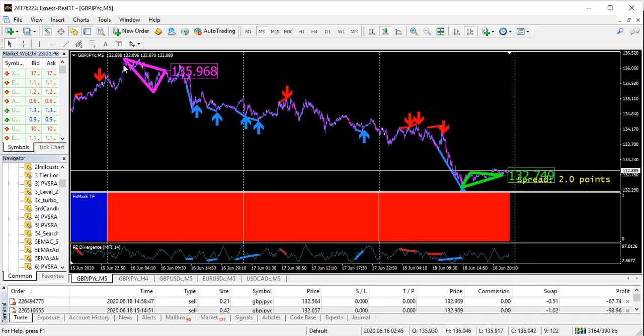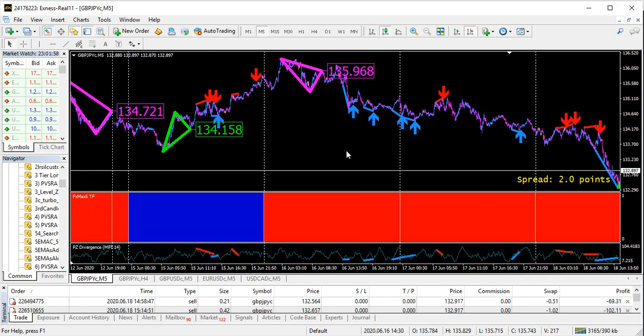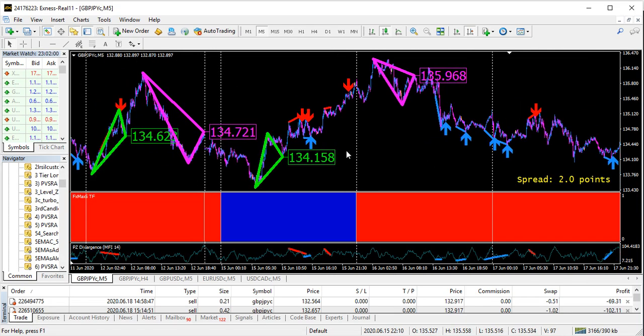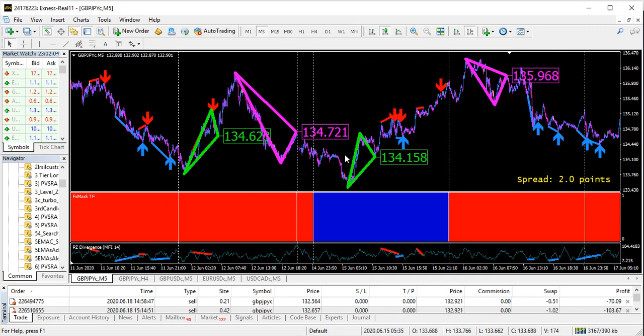When you have the magenta color is a sell, when you have the lime color is a buy. Okay, so you need to wait for that confirmation of the triangle because the indicator repaints, so you need to wait. So you have a buy trend here, then the confirmation with the lime triangle to show that the buy